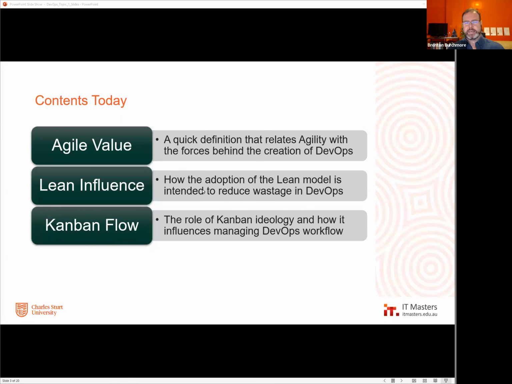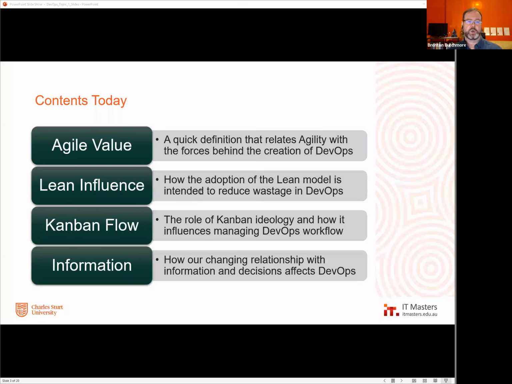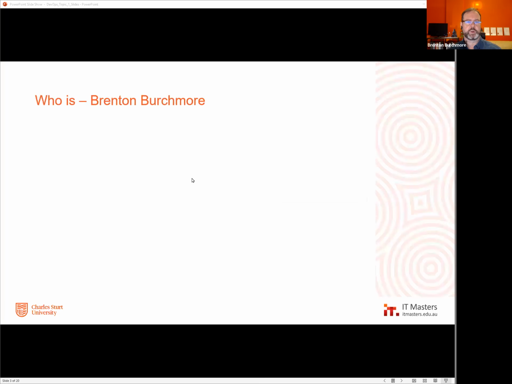We'll talk about flow and Kanban a little bit. Now, we're not going to have time to go into details about how to do Lean and how to do Kanban, but we'll talk a bit about the connection points between these ideas and what they have become within the DevOps mindframe. And we'll, of course, have to talk about information and how it all hangs together. This is the lifeblood of what makes DevOps a thing instead of being two things. It's the information and its flow that is the glue that makes everything work together very well. And I'm going to try and talk through that as we go.